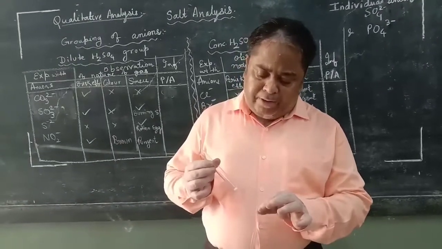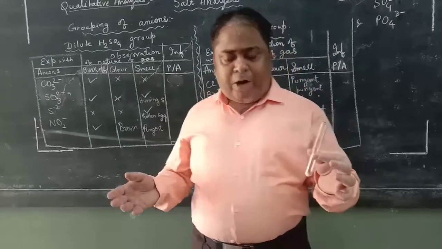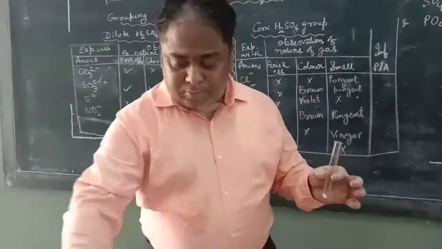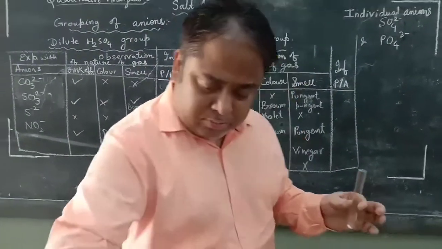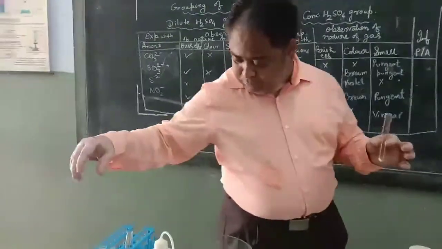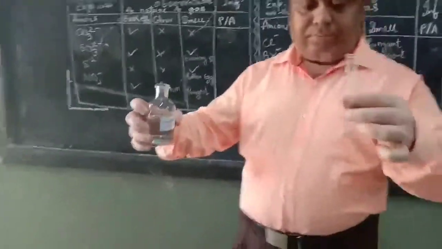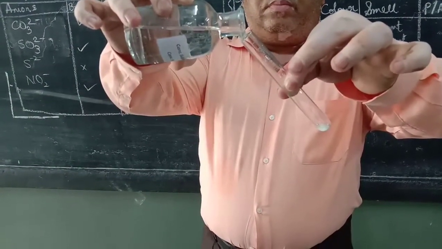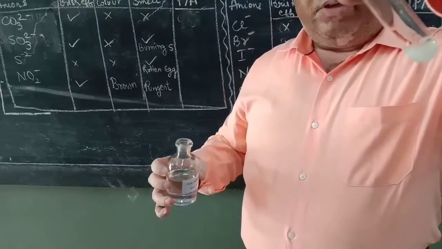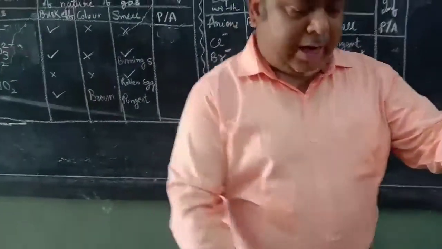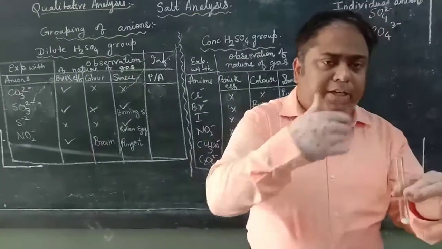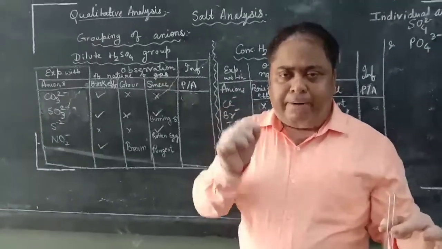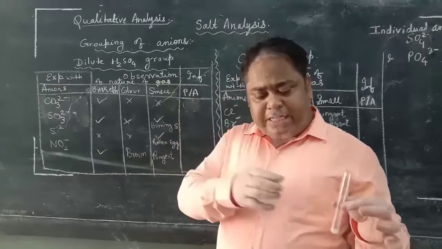Due to that warmth, what will happen? Ammonia gas will separate out from chlorine, and as a result, we will get the pungent smell of the chlorine. So we will take concentrated sulfuric acid now. Here it is. See, the brisk effervescence is coming, brisk effervescence of chlorine is coming out, and the smell of this is just like the smell which you get in a swimming pool. What happens in a swimming pool? They put chlorine tablets. So the smell of that chlorine is the same as what I am getting over here.